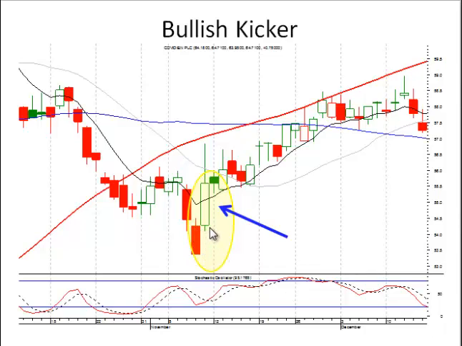Big down day. The next day they gap it up. Notice there's a little tail here, and they took it up. Even though the true kicker is without the tail going this way, the fact they have a little tail here and then take it up doesn't detract from the strength that's built into this signal.